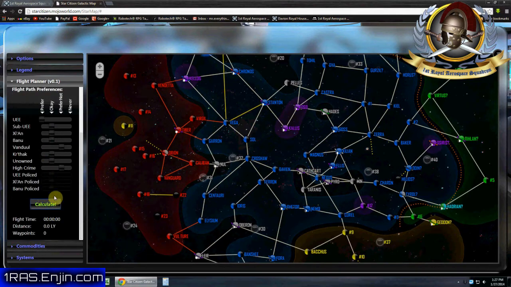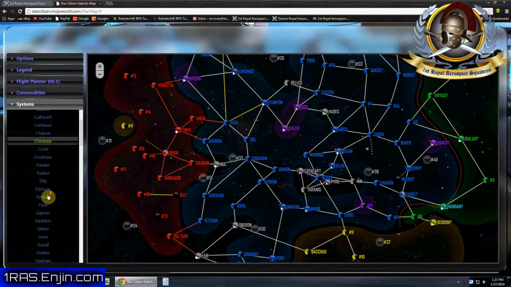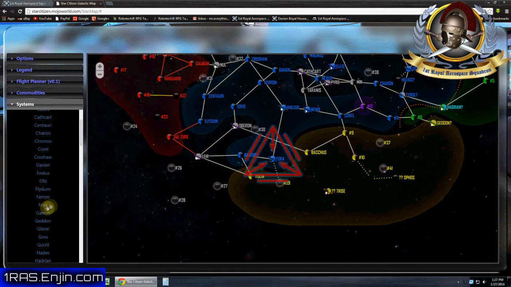Okay, so just by putting the 2 of the same, it reset it. Okay, system. So yeah, if you want to pick a planet, you can pick it and it'll tell you exactly